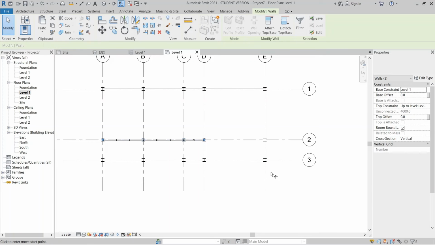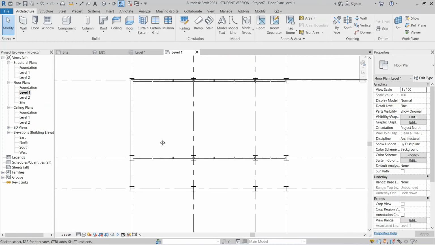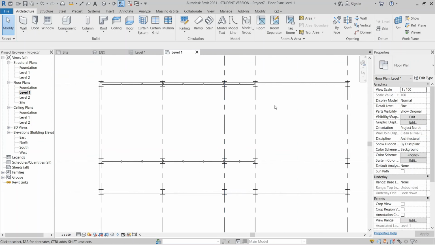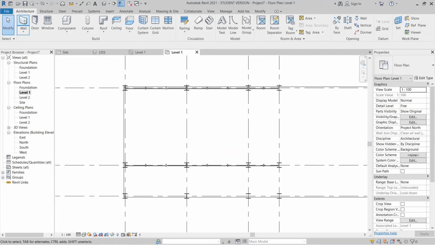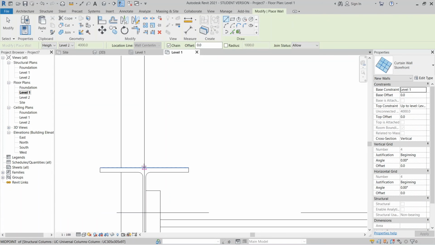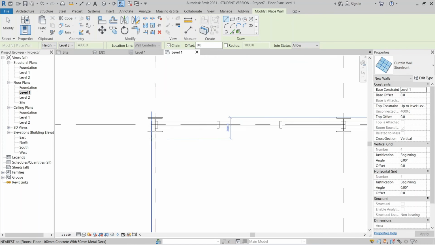Go to copy from here until here, hit escape, and this one I'm going to add another glass from here as well, just to make it look a bit better. But I think in a future tutorial I will make some interior design inside this building.